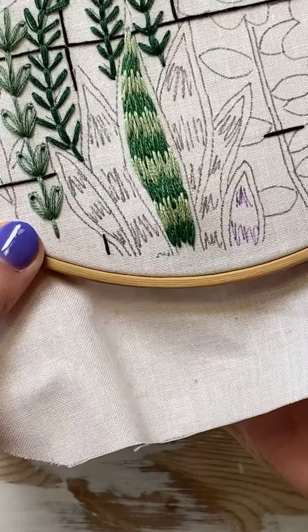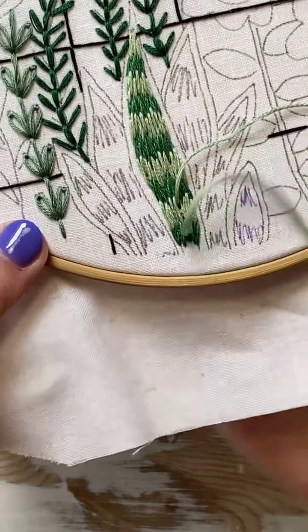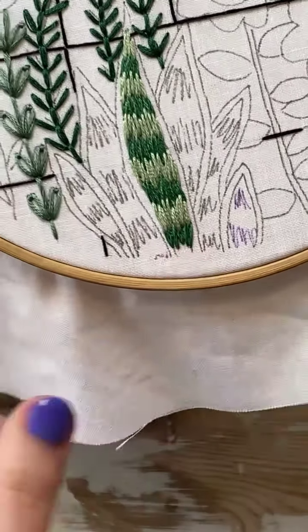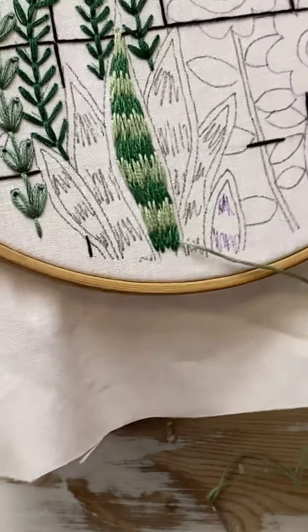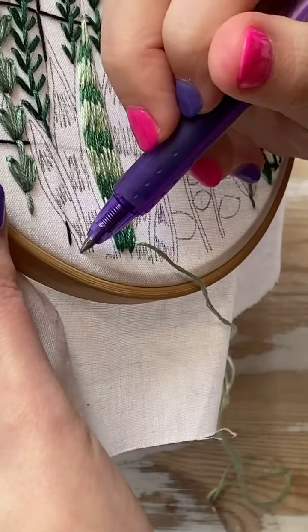Let's just do another one in the middle here. This is looking a bit too even. And then we'll do just the bottom to the edge. Now what I like to do is hold it up to the window and then draw a little line on